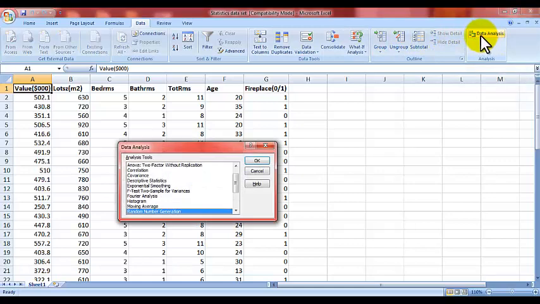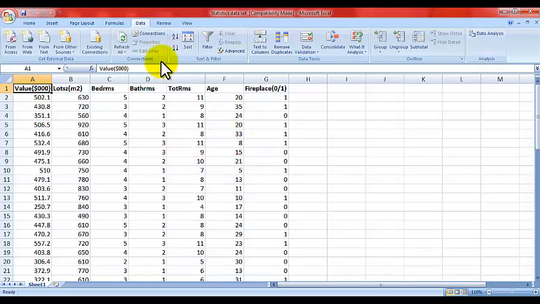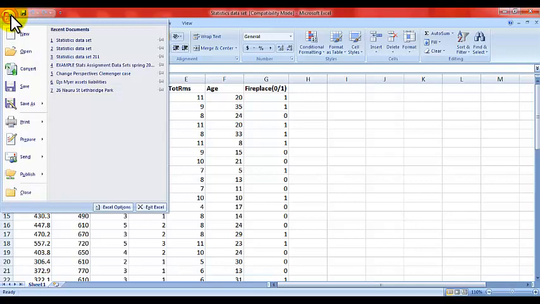And this will bring up a box where we can pick a few different options, like descriptive statistics, to do some calculations. However, if it's not there, the data analysis tool, don't worry too much. I'll now show you how to locate it. If you close the box and go up to the ribbon again and click right there,